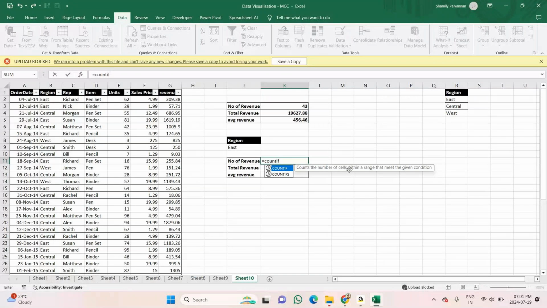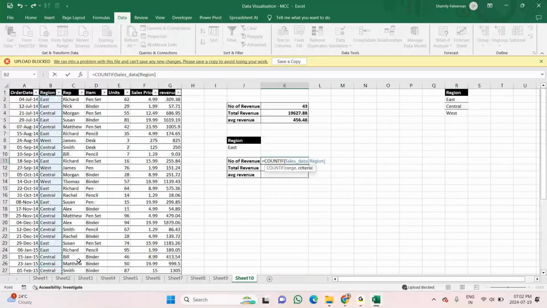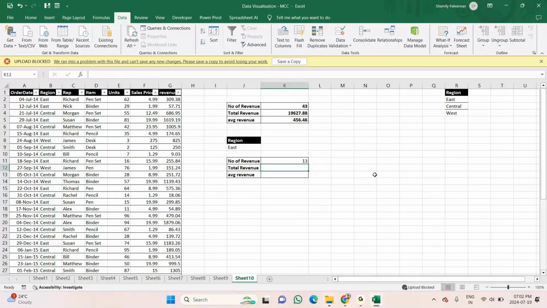So, I'll select this range, count the number of sales that is in a region. I'm going to take the entire region column, comma, criteria is east, I'll close the bracket, enter. So out of 43, 13 is from the east.